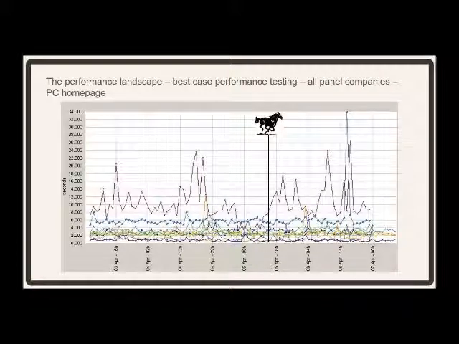So, start with a general overview. This is best case ISP testing of the PC home pages, landing pages, and you can see here that line down the bottom. It doesn't look very green from here, but it's supposed to be a green line. That represents about 1.5 seconds, which in this sort of testing is an ideal situation to be aiming at in terms of optimizing performance. You can see that the sites are pretty much in a bunch, somewhat up to about